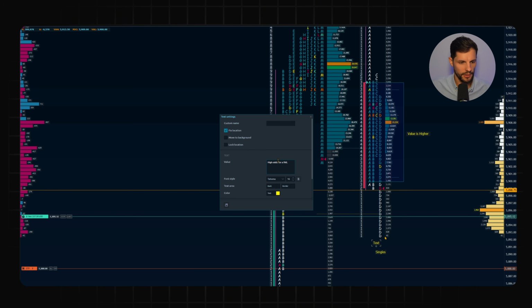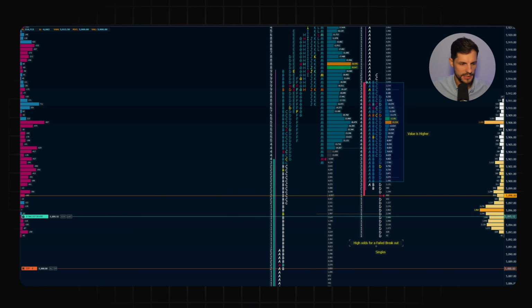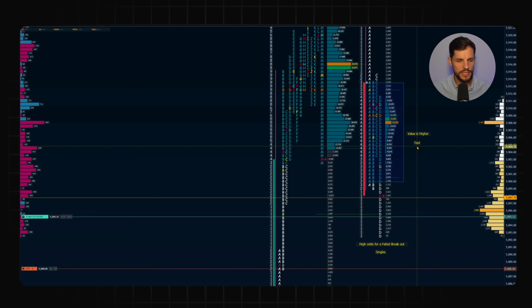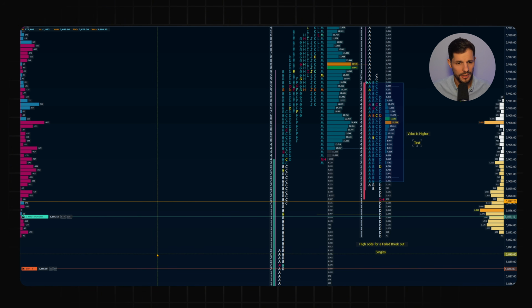drop further. So at this point we are taking a long trade because the risk is very limited. The risk would be literally just below that B session low, because coming back inside and through that initial balance equilibrium, I would say, becomes a little bit more bearish. So the odds, as I'm writing there, for this breakout to fail to the downside are really high,